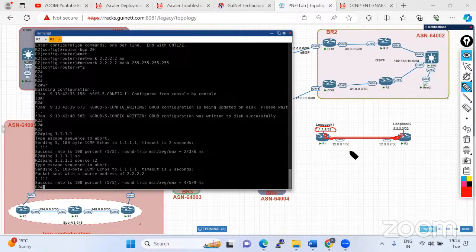I can run OSPF between the two routers and advertise these two networks, or I can use a static route, I can use EIGRP, I can run RIP, either protocol I can run. And then I can make the IGP reachability from loopback 1 to loopback 2. And then I can form the BGP connections. And in that BGP connection, when I form it over the loopback, I have to use some special commands as well. And why it is important, I'll explain. So we'll see all these steps in the